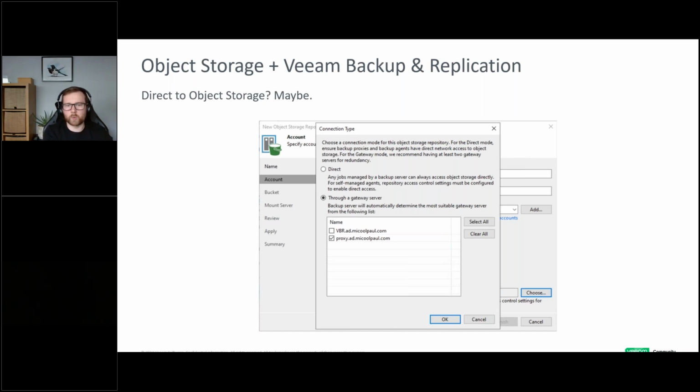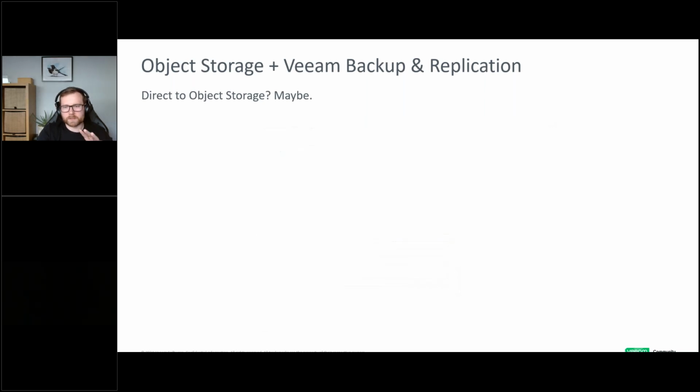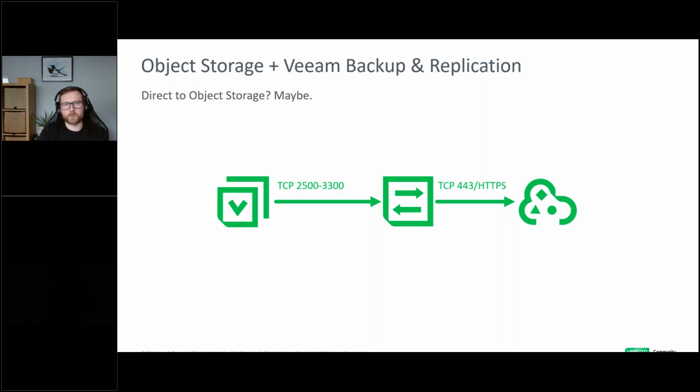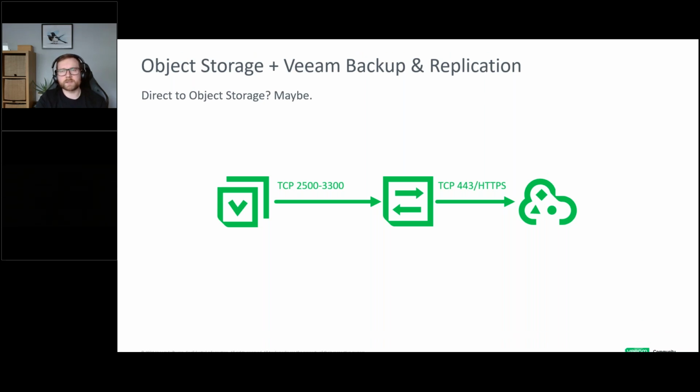Now, if you recall in the previous insultingly simple slide we looked at, we had a single outbound network port from our agent to object storage. In case you've forgotten, let me remind you, it was HTTPS that we were using, otherwise known as TCP 443. However, this changes when we introduce gateway mode. Suddenly, our agent is not talking directly to object storage over this port anymore. But furthermore, the agent is not actually using this port at all. This is because we're now talking to a Veeam gateway server, which means we need to start talking to the Veeam software components on that gateway.